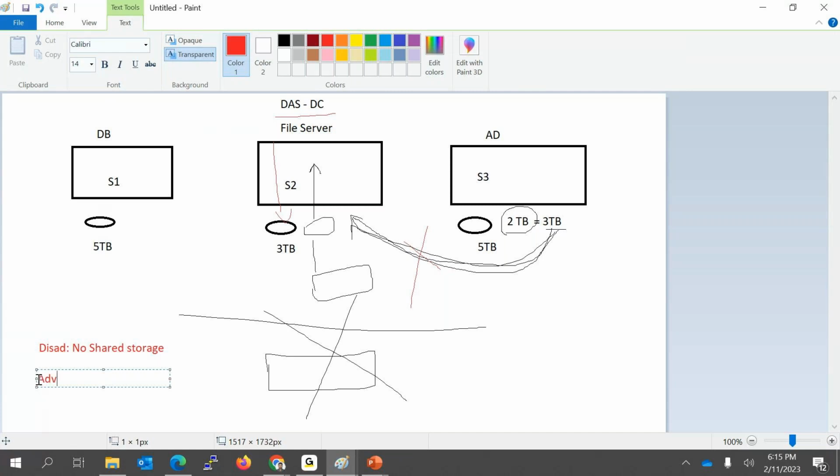So the advantage is data local, so performance is good. Okay, your hard disk is connected to your laptop. All your files and data are sitting in your hard disk.